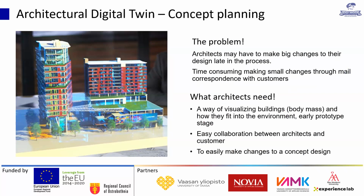So they don't have to mail each other or book meetings to decide, okay, we want to move that building, it's too high, it blocks the view of the buildings behind it and so forth. So they need something to make